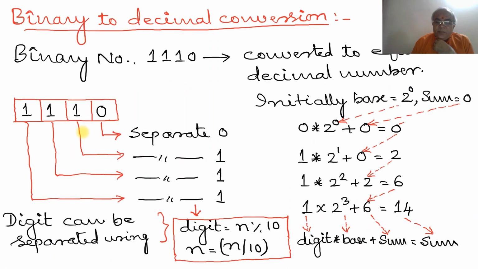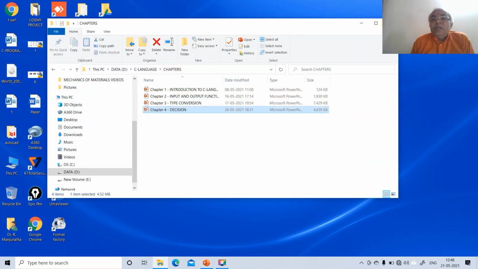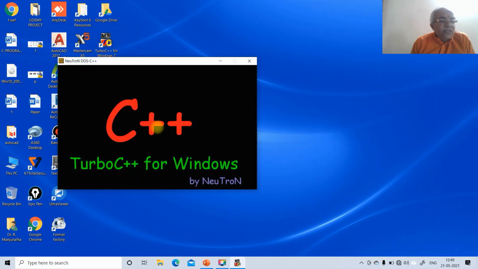Now we are going to see how this program will run in Turbo C. To do that, first we will enter into Turbo C++, and then write a short program for this.